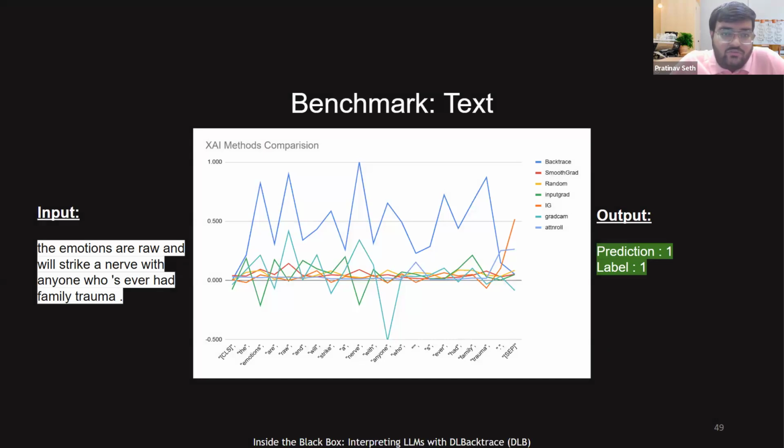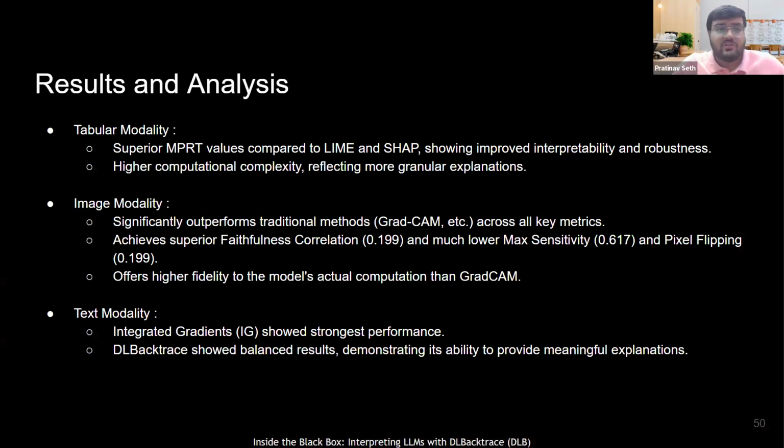So what you will observe is for BackTrace, you're actually getting good relevance values and you're able to use it to understand how things are performing. Whereas for other methods, while they did perform better in the metric, the values are very close and very small. Hence, when you're using it in real life, it might have some issues because of the closeness of values. So what can we conclude with all this?